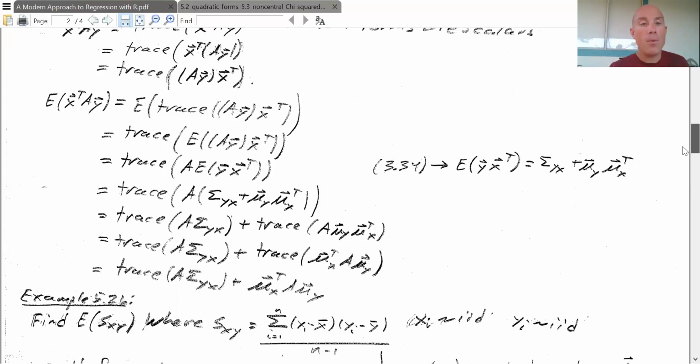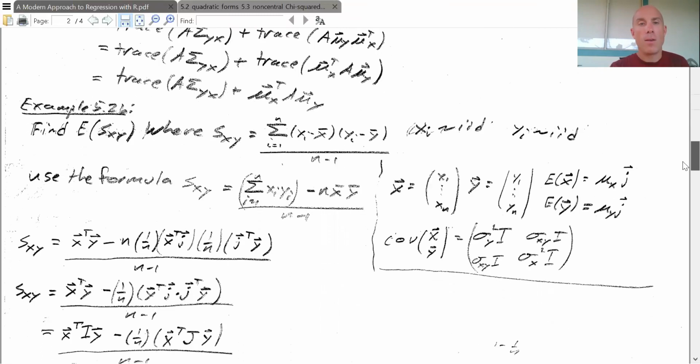All right, so now let's go ahead and use this. One thing that's nice about these matrix formulas is that they make a lot of these calculations from our stat theory courses a heck of a lot easier. I mean, they are a lot easier if we do it this way. So if I look at this, if I've got the covariance of X and Y, the estimated covariance,